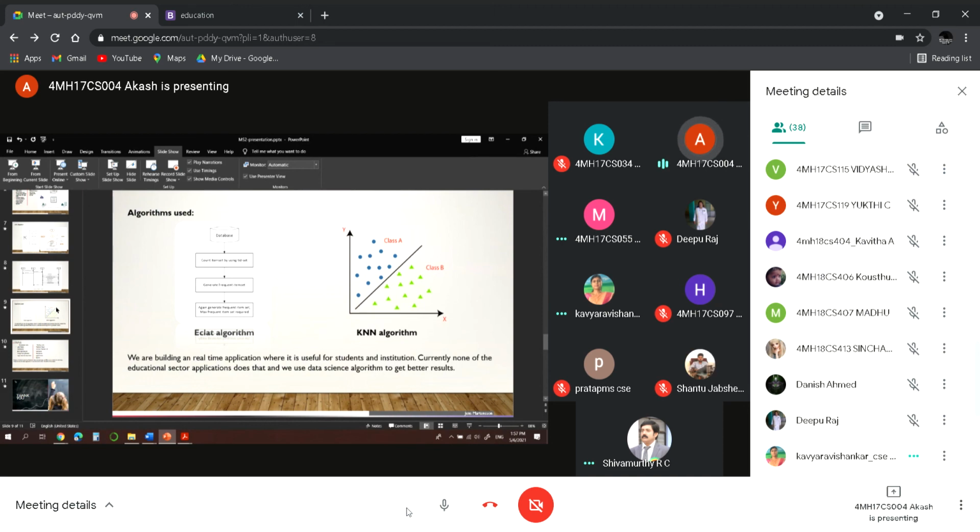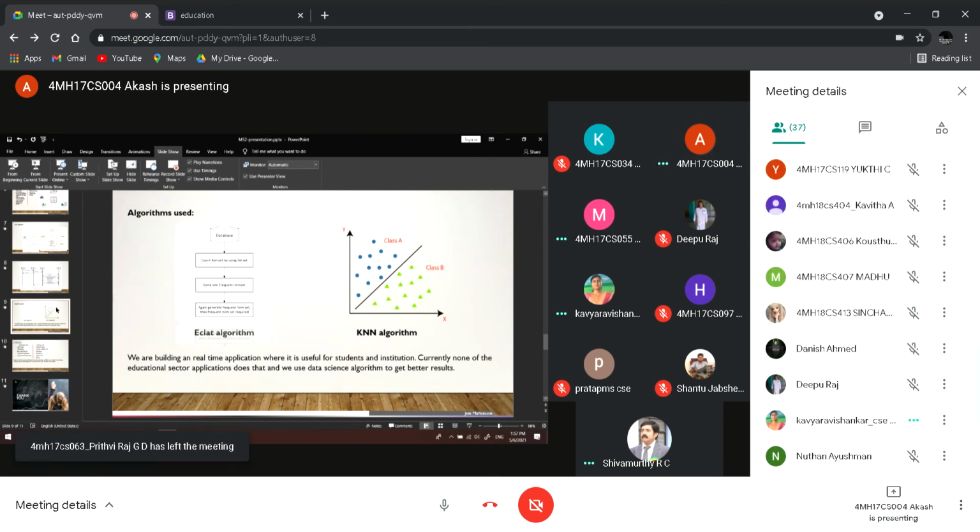That will be combined with another parameter, so it can be aptitude grade, and later a technical skill value will be considered as an item set, and it is combined, and the performance value will be predicted. So based on this, the educational pattern will be predicted.